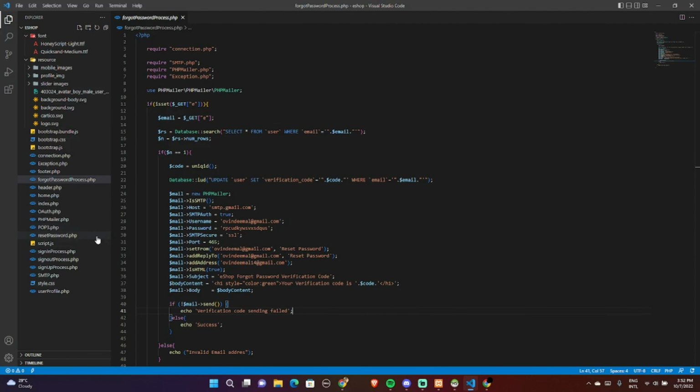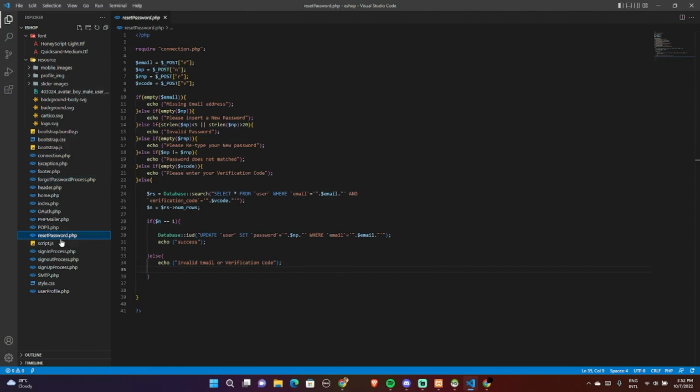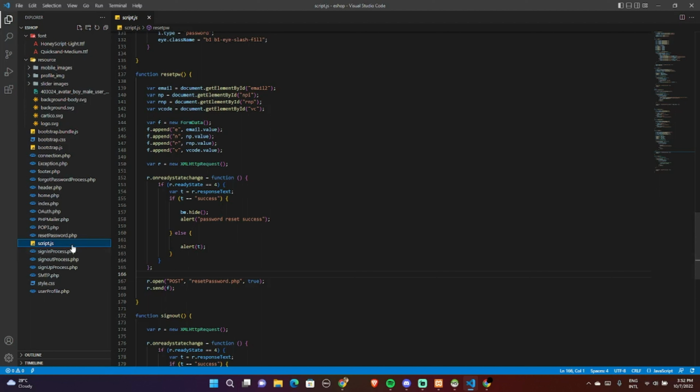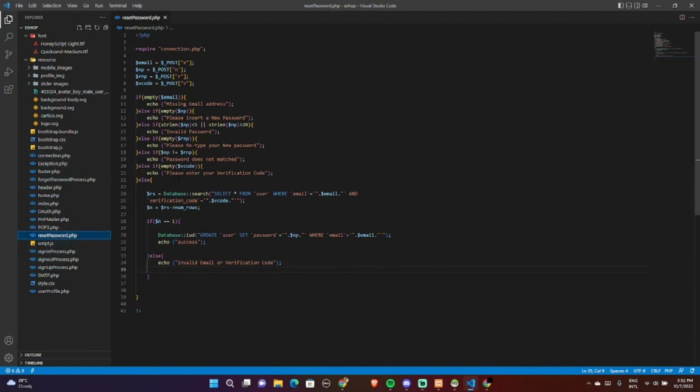Now I'm going to my reset password.php. Okay, this is my reset password.php. I connect my connection.php and I use the post method to assign my email, verification code, new password, retype new password. So there is a small validation part, you can see it, and I connect my database and I give a query for